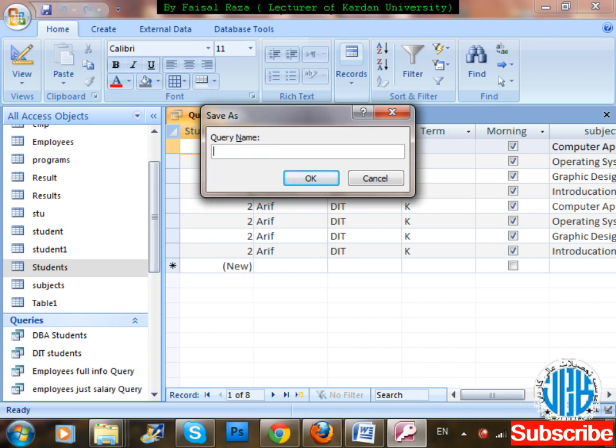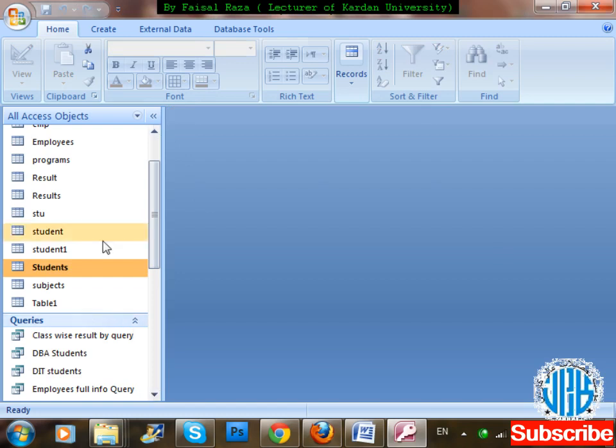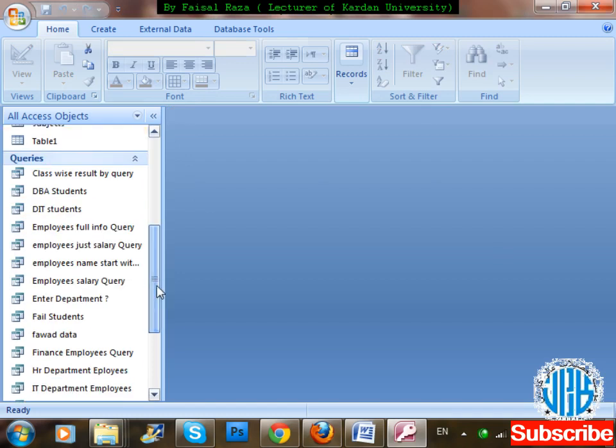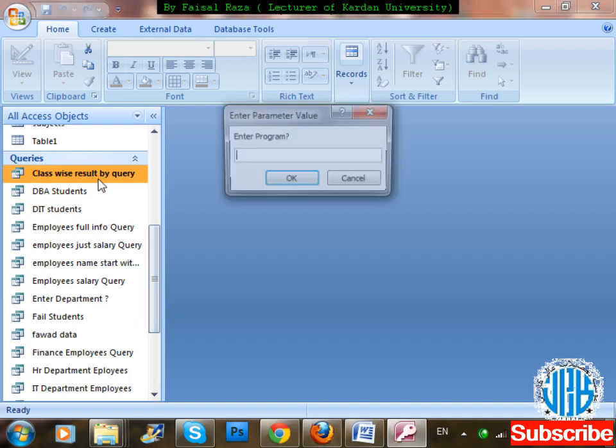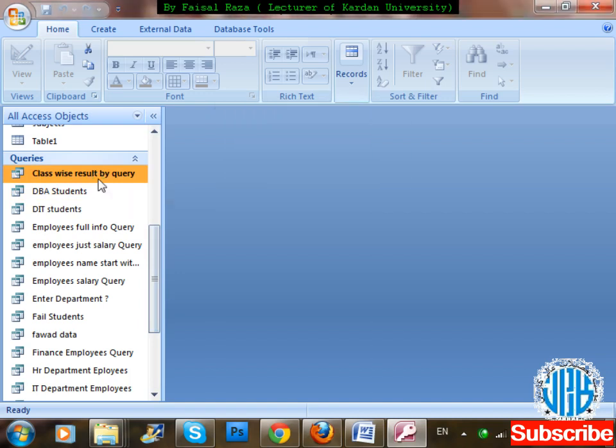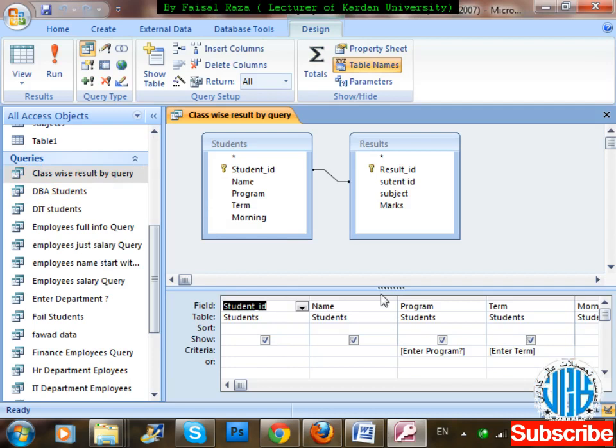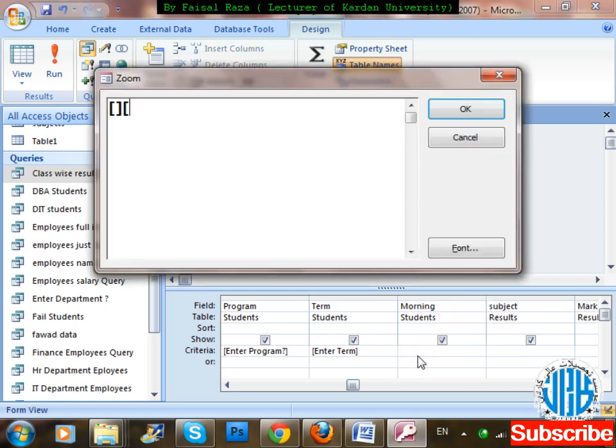Now class-wise result by query. Here I'm going to go to the design of the class-wise result by query. This one, okay, done, leave it. I'm going to go to the design again. Yeah, this one is working. In the morning or evening, what am I going to write here? Just go to the zoom. Yeah, in the brackets,